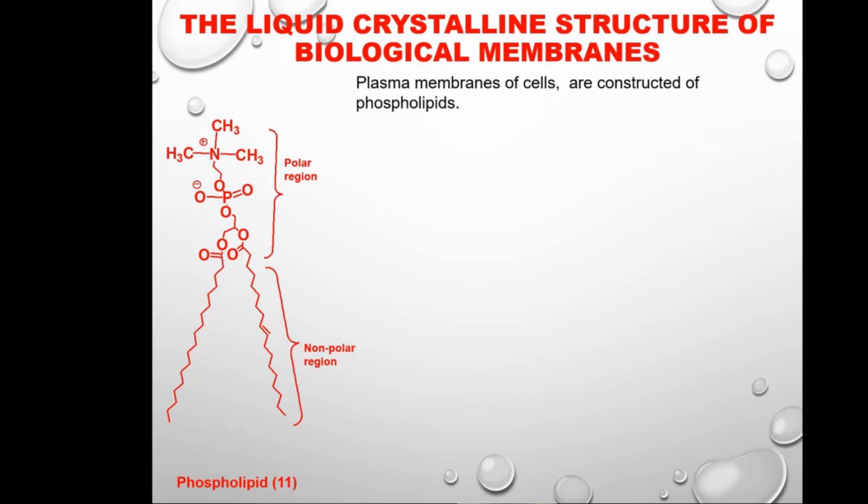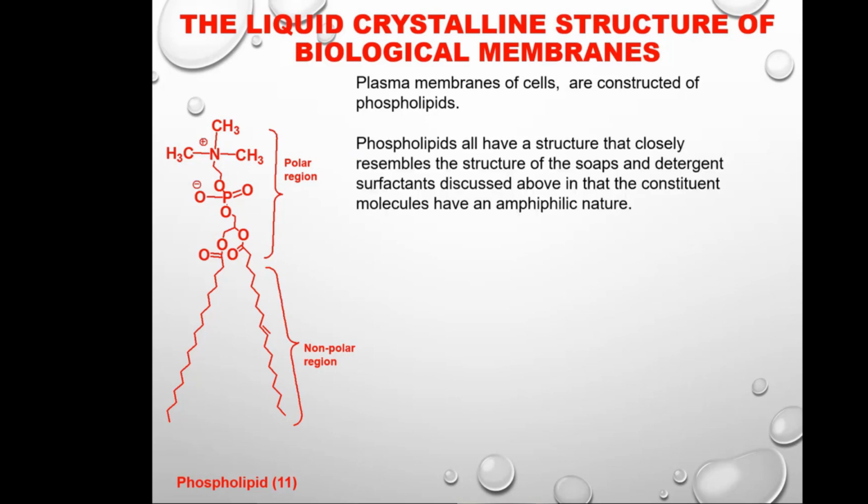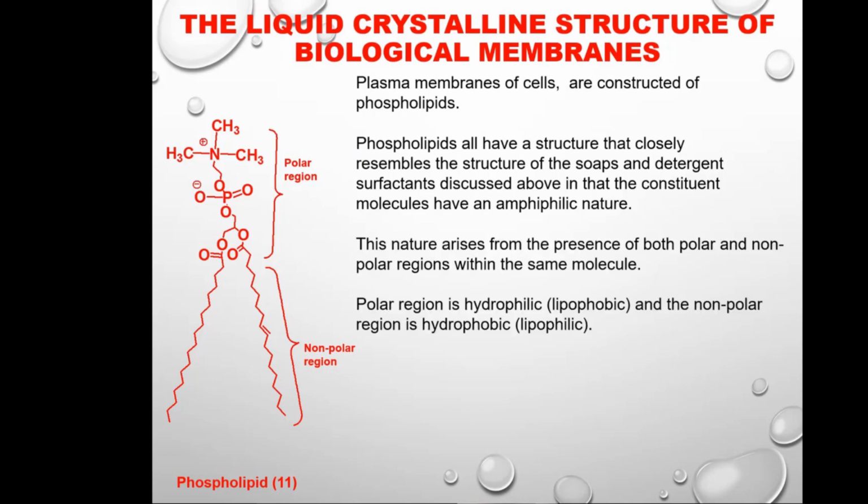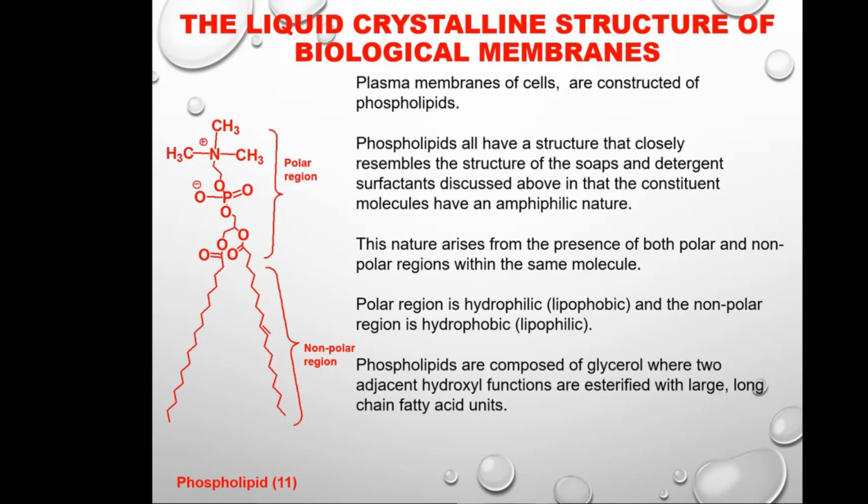The plasma membranes of cells are constructed of phospholipids, with a polar region and a non-polar region, and they closely resemble soap and detergent molecules, and hence they have the ability to